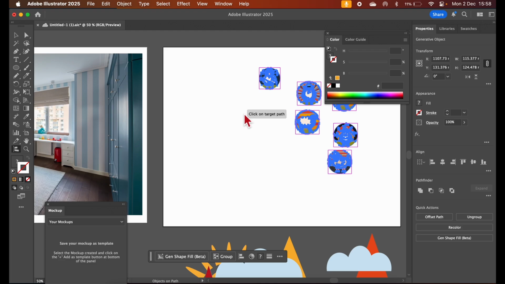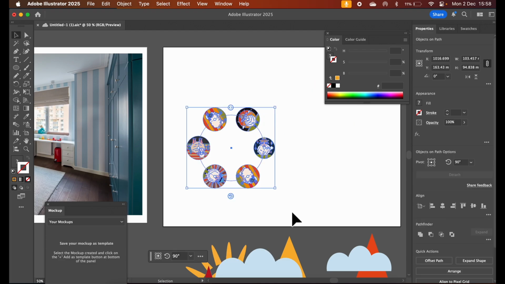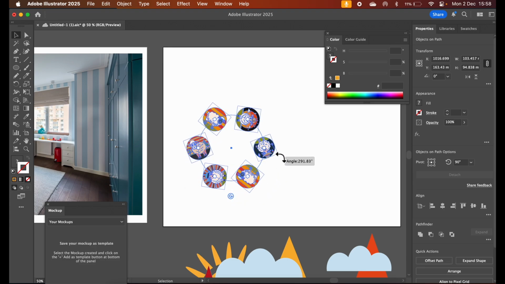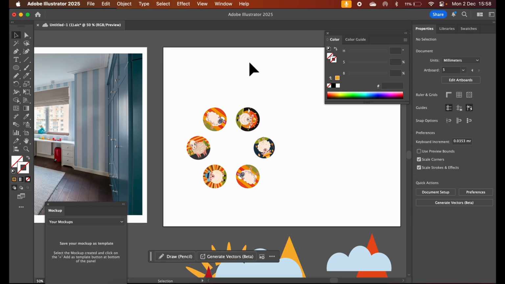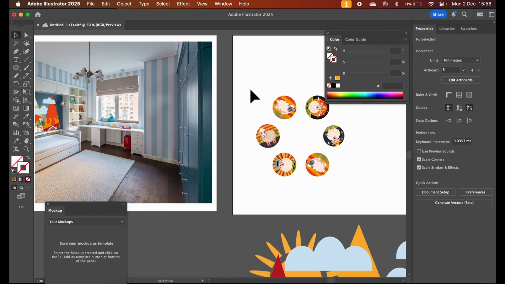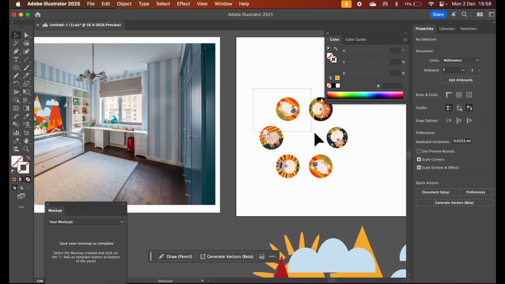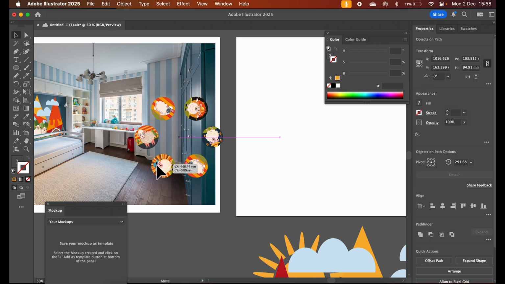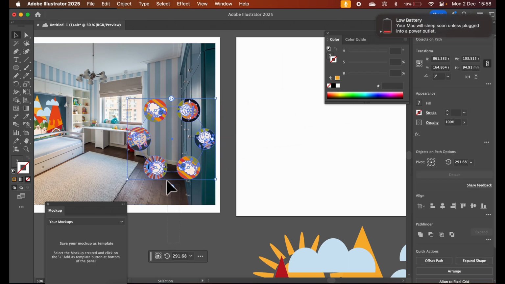Now I can't see that, but if I move over here, there we go, it understands that it's there. I can click, pop those on the circle, and I can move them around to any angle that I like. Of course, that circle is still there, but it's invisible, and at any time I could then say, well, let's take this. So let's have that one over here, select them both,